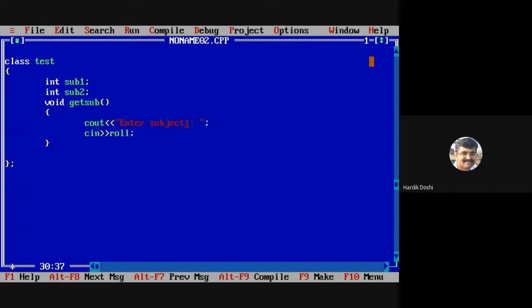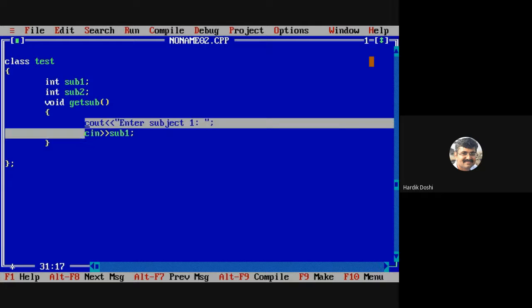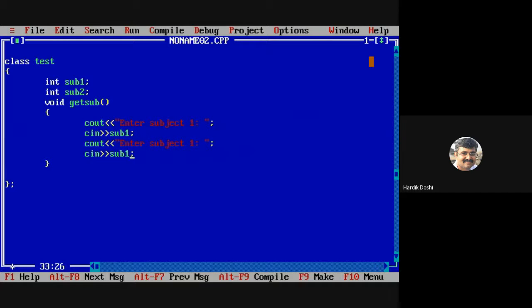Subject 1: to enter marks of subject 1, that is sub1. Is it fine? Similarly, subject 2.